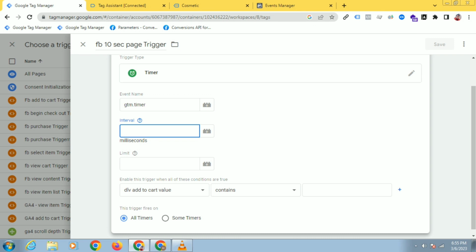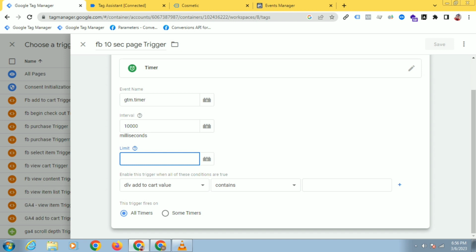Suppose you want to track 1 second, then you have to type here 1000. So 1 second equals 1000 milliseconds. I am tracking those people who have spent 10 seconds. That's why I will give 10,000. So I am giving here 10,000 and the limit is 1. Paste 1 here, and here